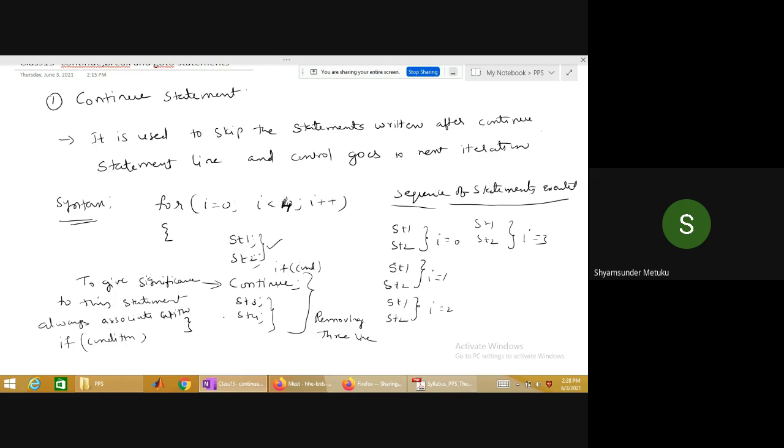So first maths will be checked. If maths is not fulfilling the required cutoff, they will not check physics and chemistry. Do you know that? Are you able to follow what I'm trying to tell? Yes, sir. If you are not fulfilling the required marks in mathematics, even though you get more marks in physics and chemistry, your rank will not be allotted to you. Do you know this point? I hope some of you might be knowing, some of you may not be aware of it. Correct or not?